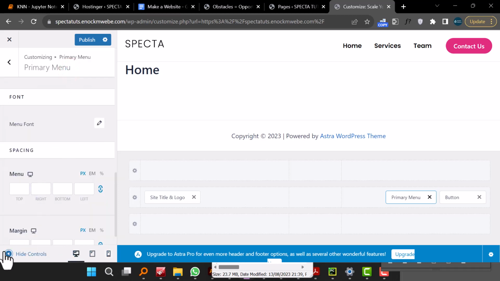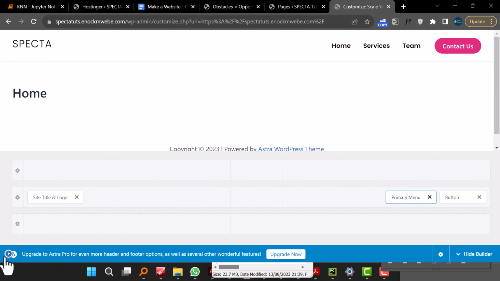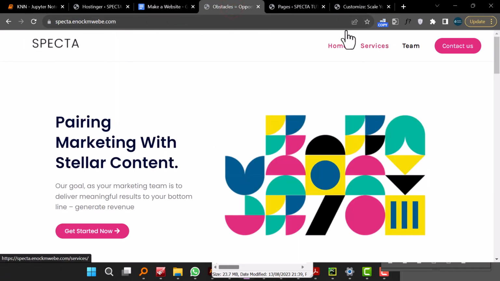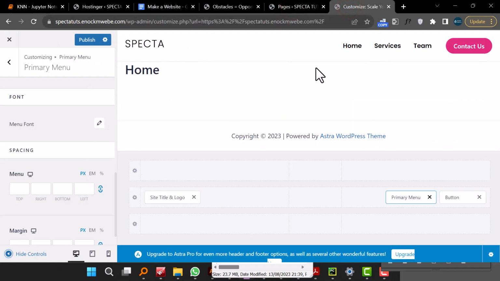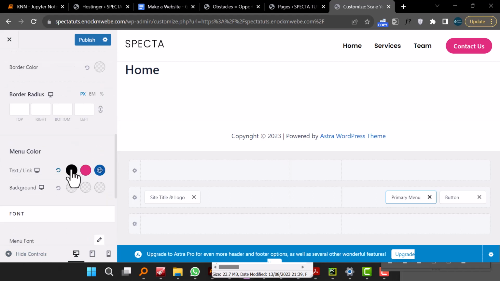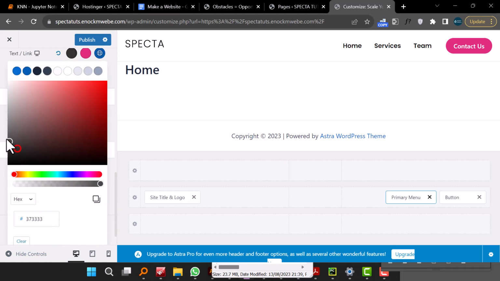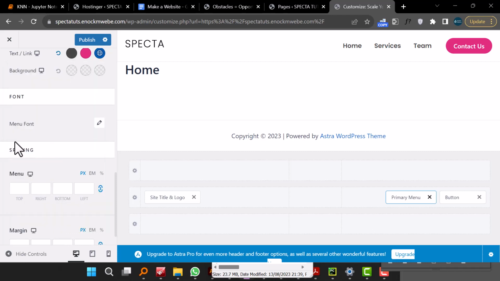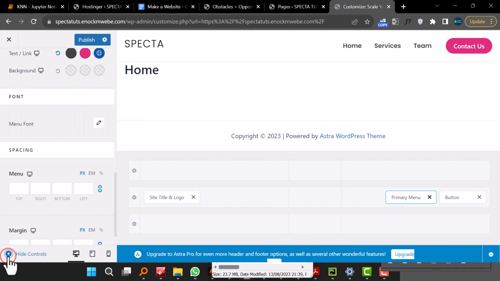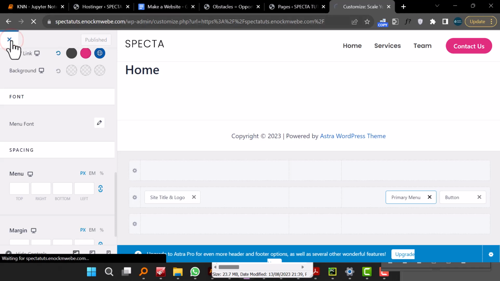And that's how the header is looking. Meanwhile, I think what we can do, instead of this being black, let's give it a lighter shade of something like that. Now I think it's looking nice. So the header is looking fine, and all I have to do is to click publish. And once I've published it, and I close this out,